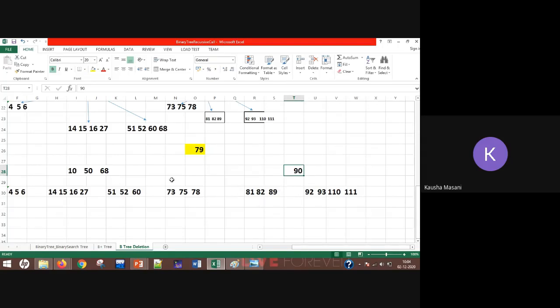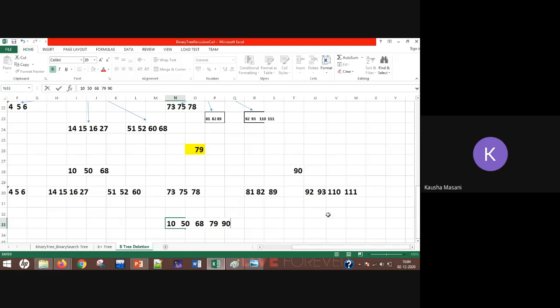So again you will check, can I borrow from the left subtree? Yes, I can borrow. Why? Because they have more than the minimum number of elements. But again, you cannot directly go and merge. What you need to do is arrange all this. So first you'll arrange 10, 50, 68, 79 because it is the root node, or say the parent of both of them, and 90.